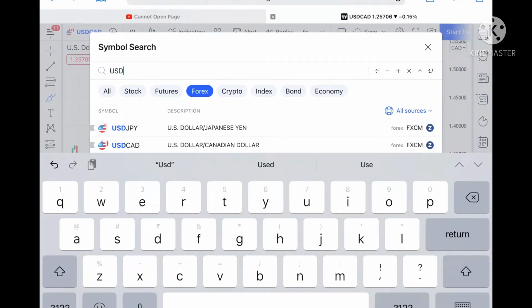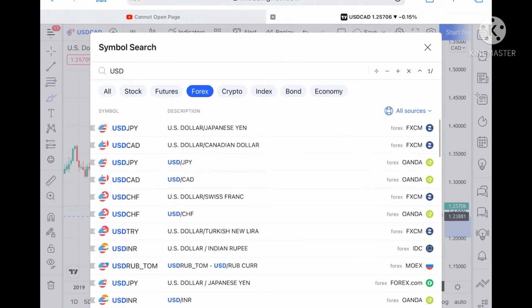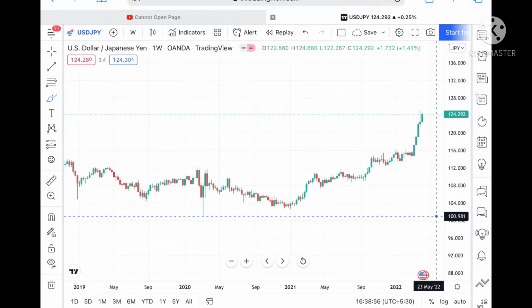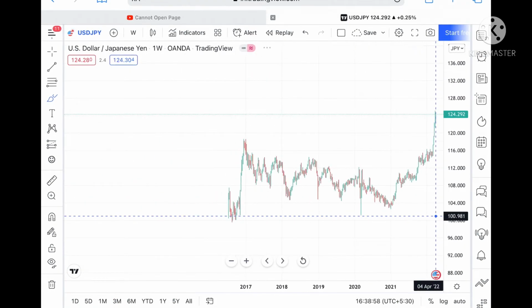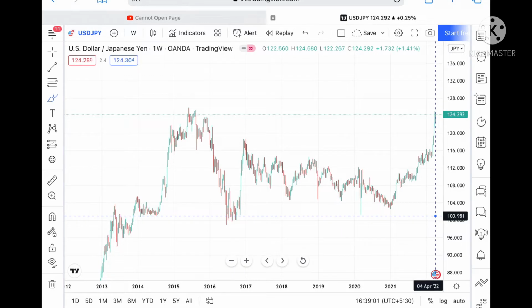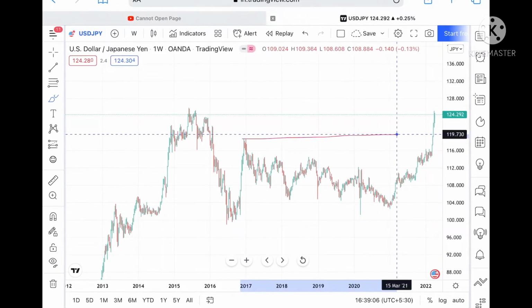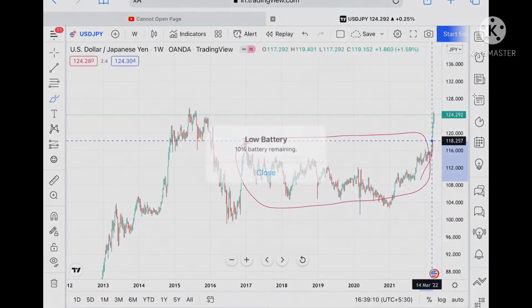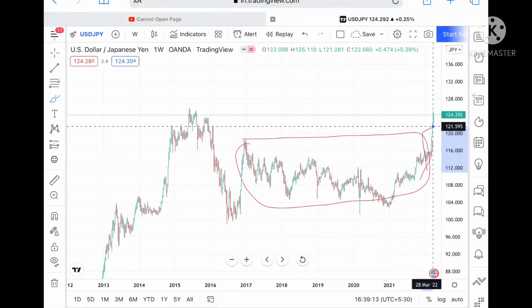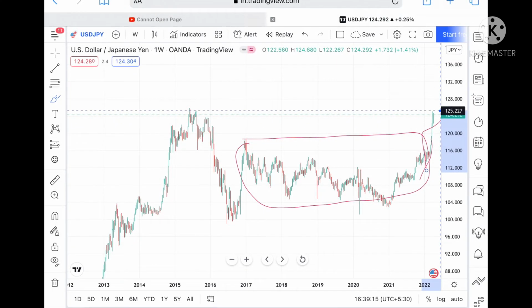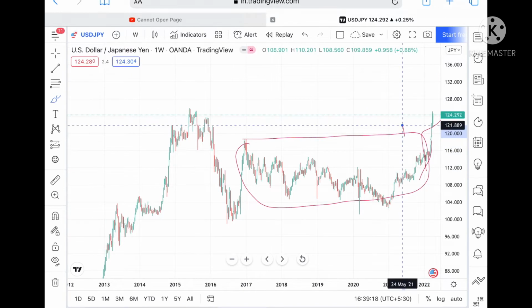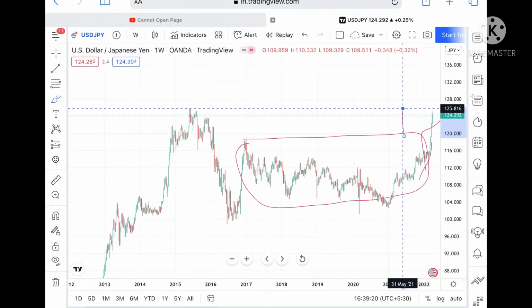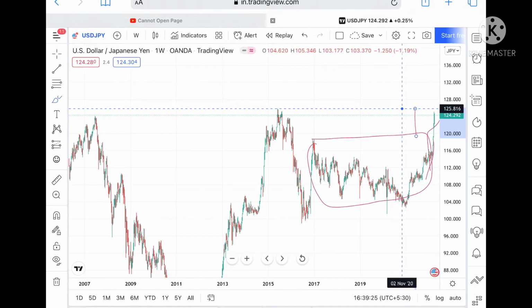If we talk about USD JPY, see, I have already told you that USD JPY will move much further upside, because if you look at the chart, I have told you that this is the range from 2017 which has not been touched, so the probability was very high that it can go further upside. But if you look at the chart, if suppose the price sustains this level, we can see a level of 125.227 also, and from there we can see it can go further upside towards a level of 125.816.